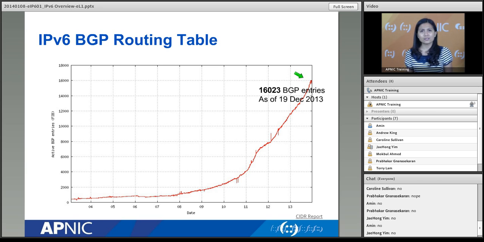So we have around 16,000 BGP entries in IPv6. If you compare that with IPv4, it's still a lot less. But the good news is it is going up, and it's very steep, meaning that a lot of networks are now starting to deploy IPv6 and are announcing their IPv6 blocks to the global routing table.